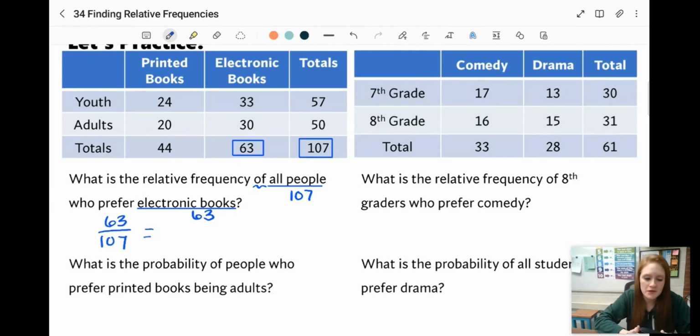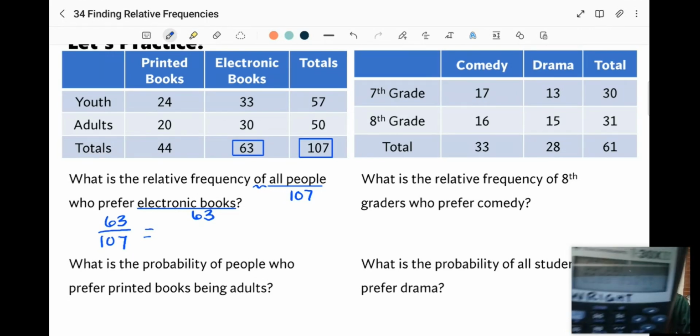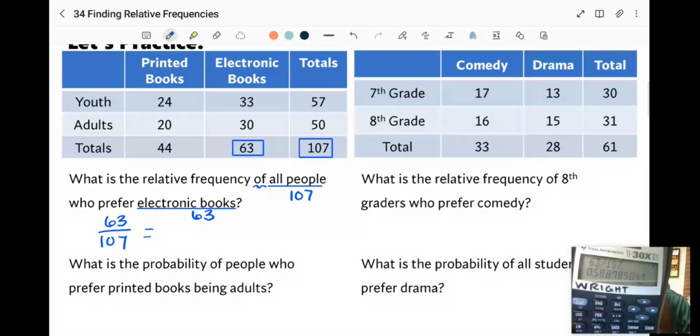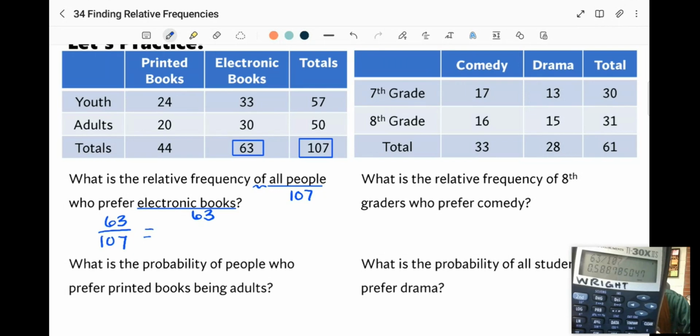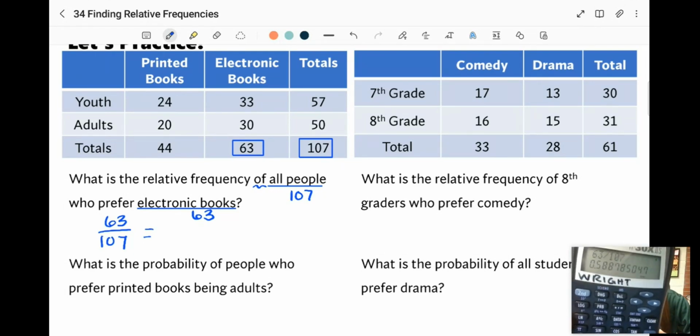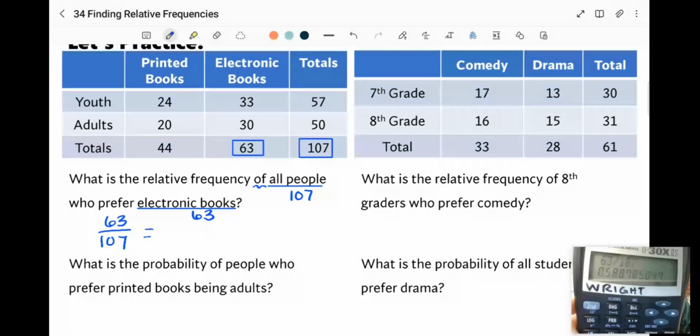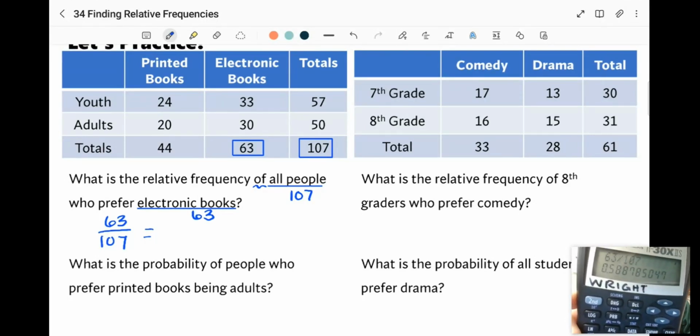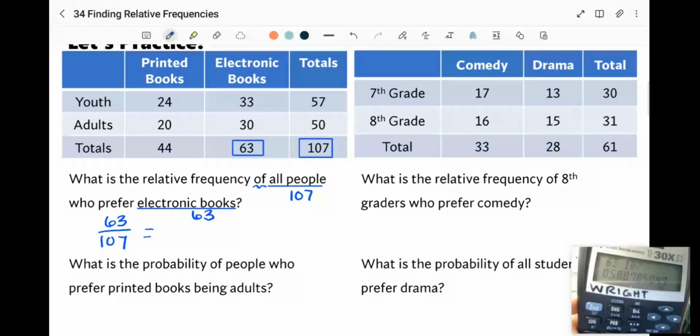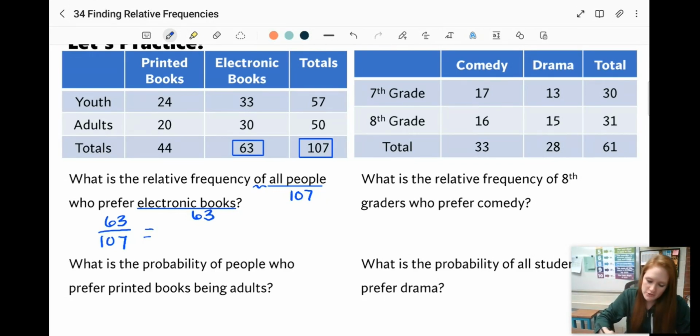If you look in your calculator, 63 divided by 107 is 0.58878. Okay, and we always like to do 2 decimal points, not just 1. So we would do 0.58. And then the question is, would it stay 0.58 or would it round up? And the answer is that next digit is an 8. That means it's greater than 5. So we would round up and we would get